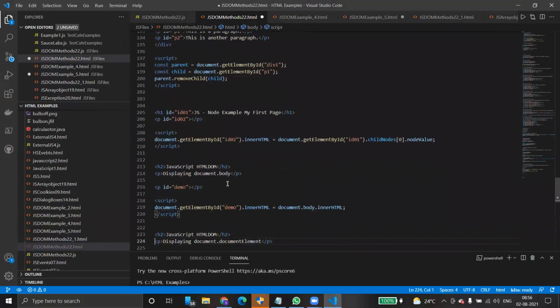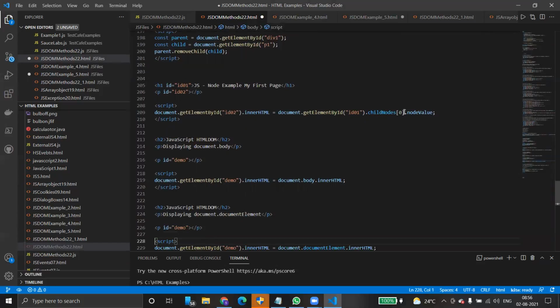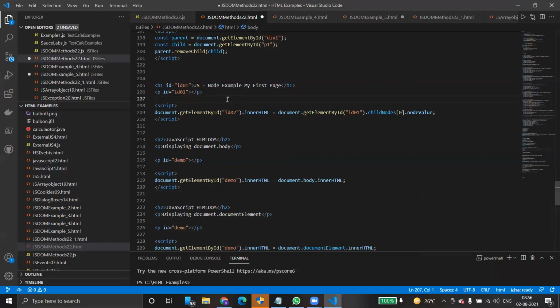And then coming to, if you want to fetch a bunch of elements and get the node value, you can do that by using the childNodes and nodeValue. Here, if you look, ID02 is there, innerHTML. I just want to assign the value of childNodes of ID01, childNodes of 0, dot nodeValue. What is the node value? For example, my first page. That value gets assigned to ID02 also. That's how we can assign one node value to another node.